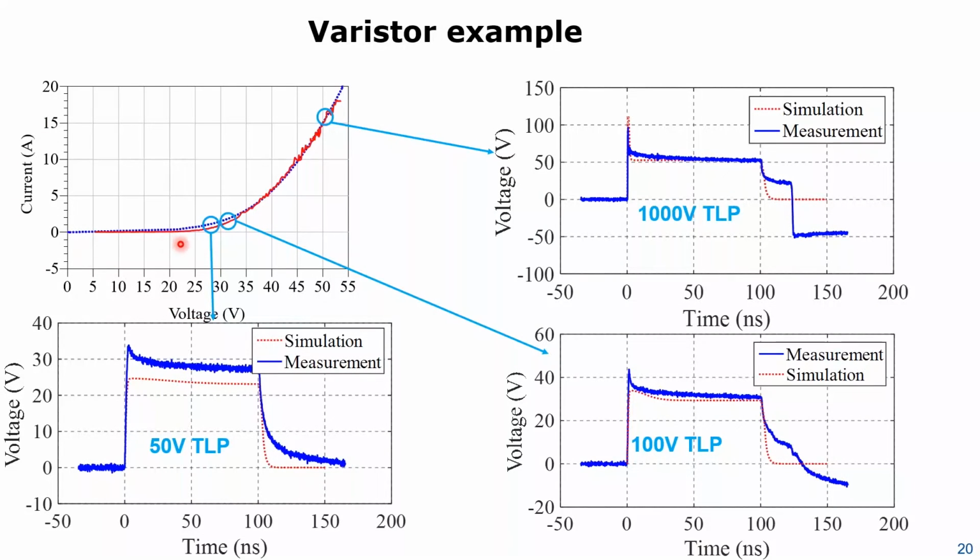Voltage, current, we see 25 volt, then something happens, and at 50 volt we got 15 amps. And for example, at this point, if we go to this diagram, we see an overshoot to 100 volt, and then we see it takes some time to reach the final value. This conductivity modulation, that's basically where the conductivity inside this device is still changing, has different reasons for a varistor than for a silicon device, but all of these devices take some time to distribute all the charge carriers such that the final value is reached. And we see here for 100 volt, the varistor takes maybe 20 nanoseconds before it reaches a static value, but the values are too high anyway.